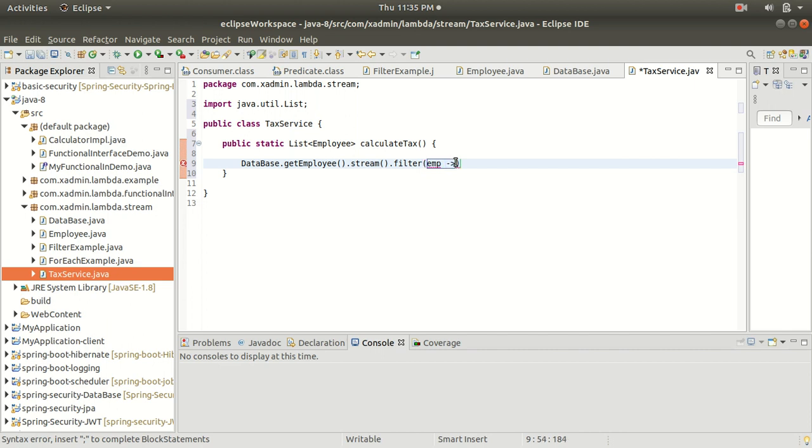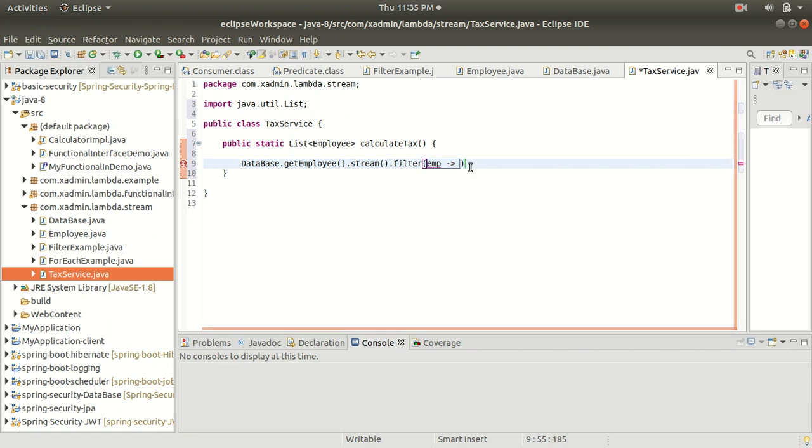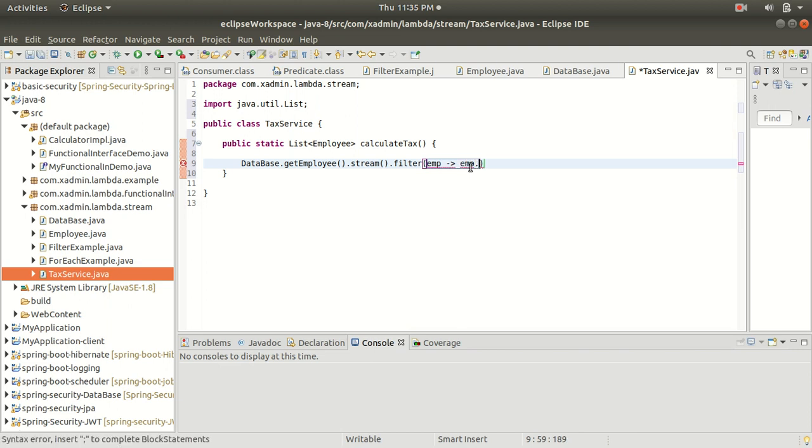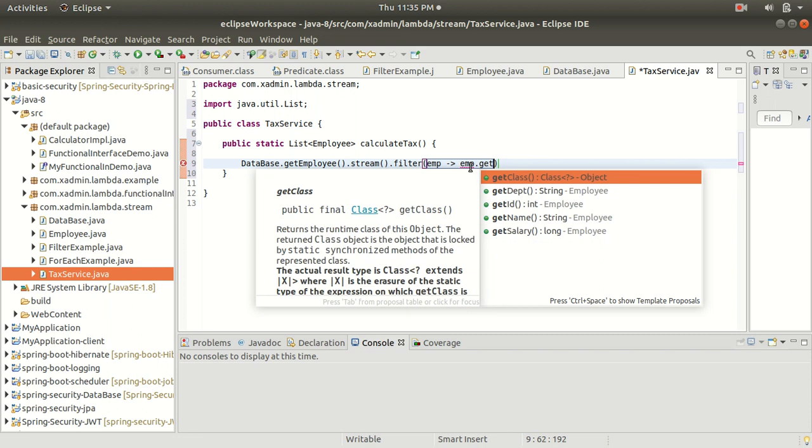So let's add the arrow, and now we need to put the body of the method. Inside the body we need to put the condition. Alright, so the condition will be employee.getSalary.